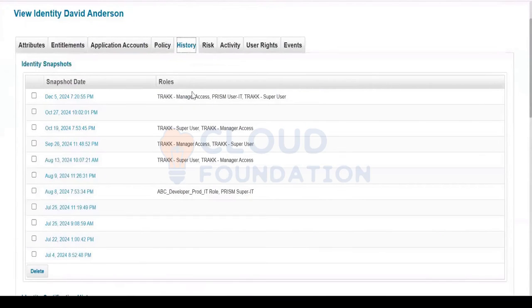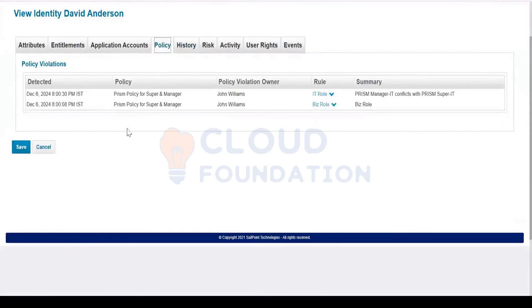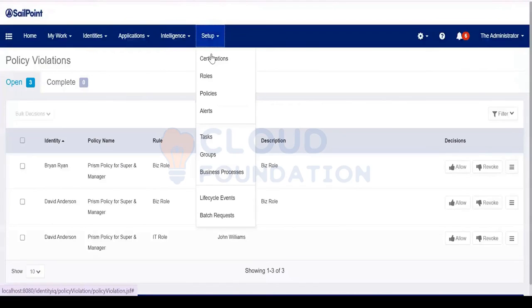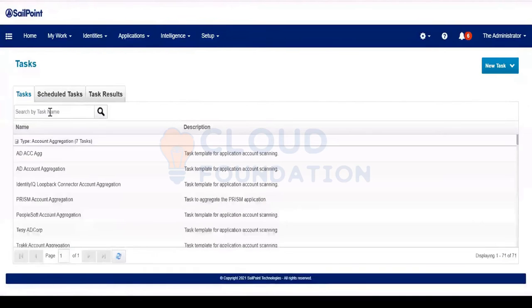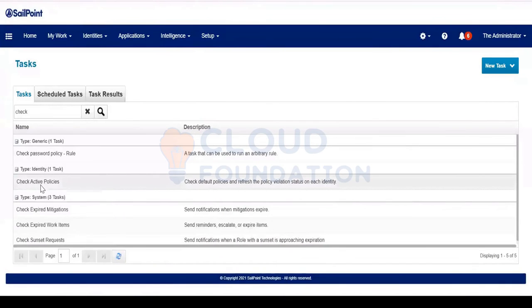Correct. But even though the policy violation will be there, how do we remove this policy violation from the user profile? You have to execute the task. Check active policy task. It will ensure that.